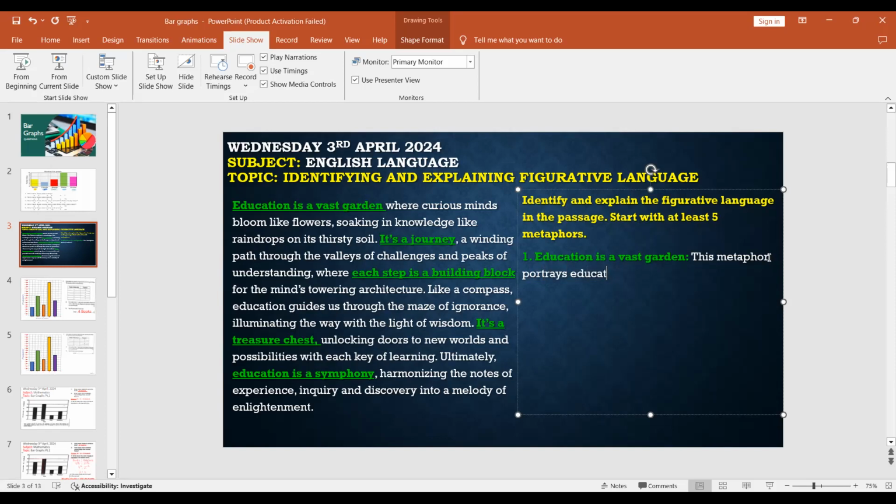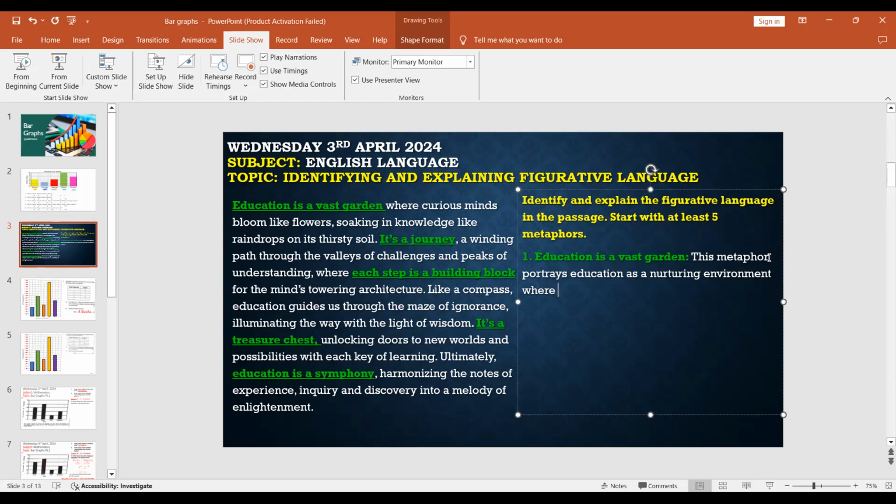By the way, write this down for me, please. Again, this metaphor portrays education as a nurturing environment